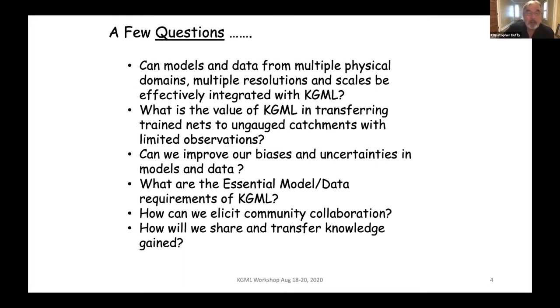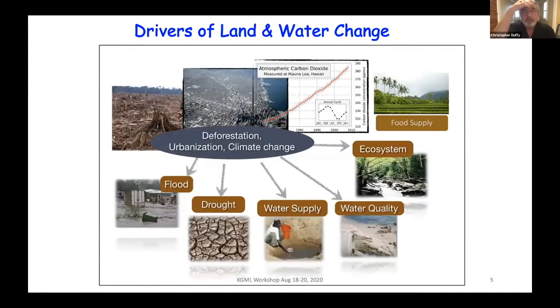And one question I have for all of the presenters and maybe some attendees too, what are the essential data required for KGML? And how can we elicit sort of the community collaboration and the sharing and transfer of this knowledge? Okay, well, maybe I won't spend much time here, but hydrology and watershed science has a huge potential impact